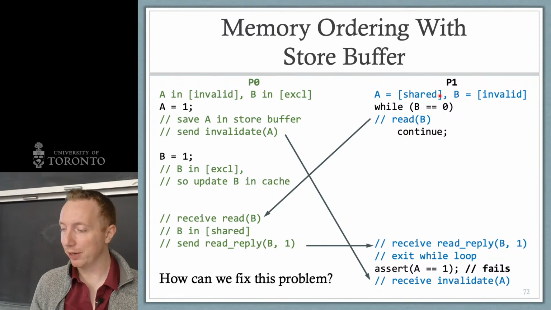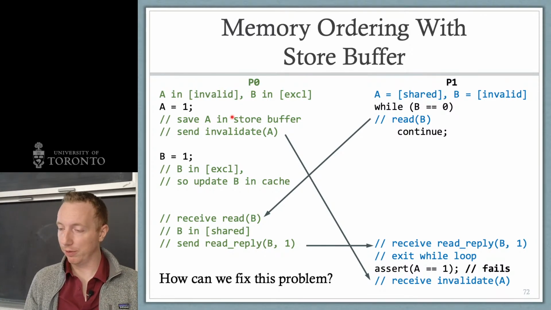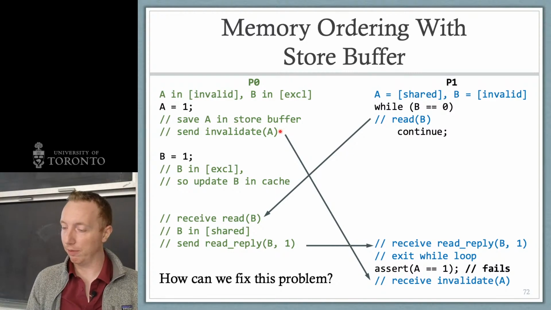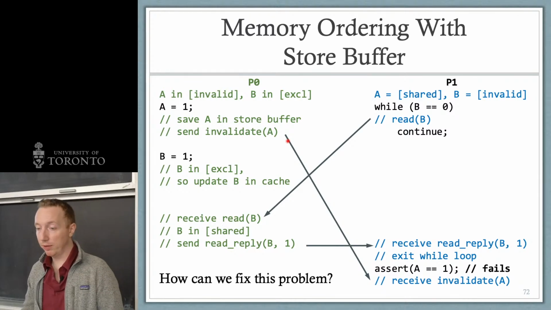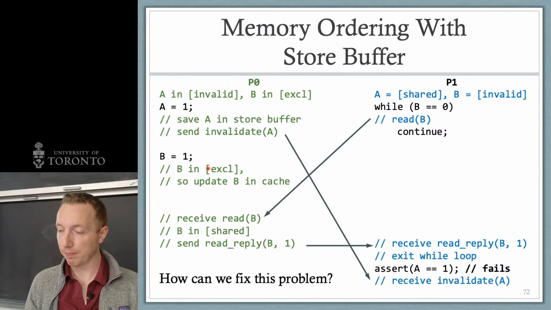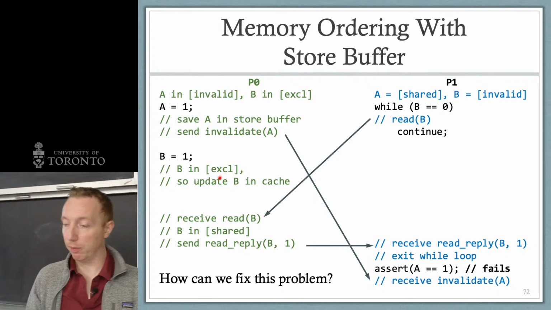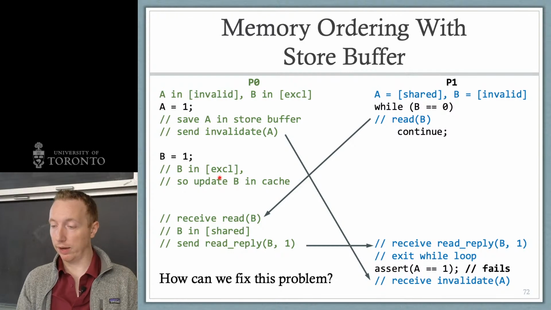So here, let's rewind a bit. So here, we updated that value of A. It's in the buffer. We send that invalidate signal out, and then P0 executes again. So it would update that value of B. So B would be in that exclusive state. It's invalid in the other cache, so just loads as exclusive. And then it would update it, and